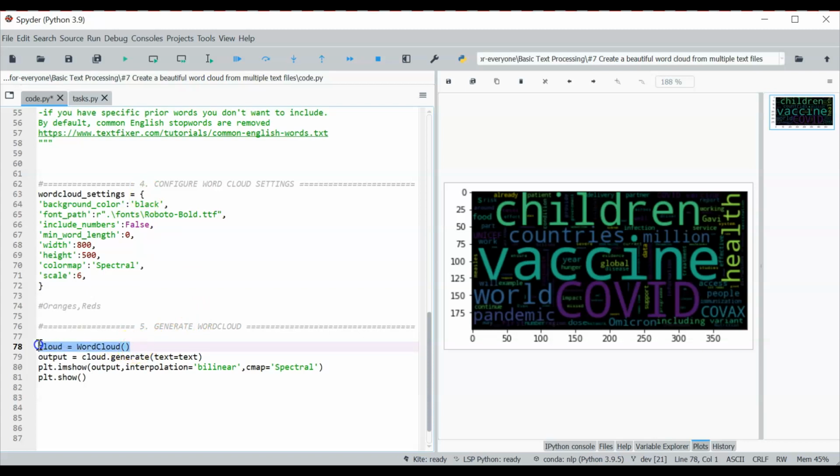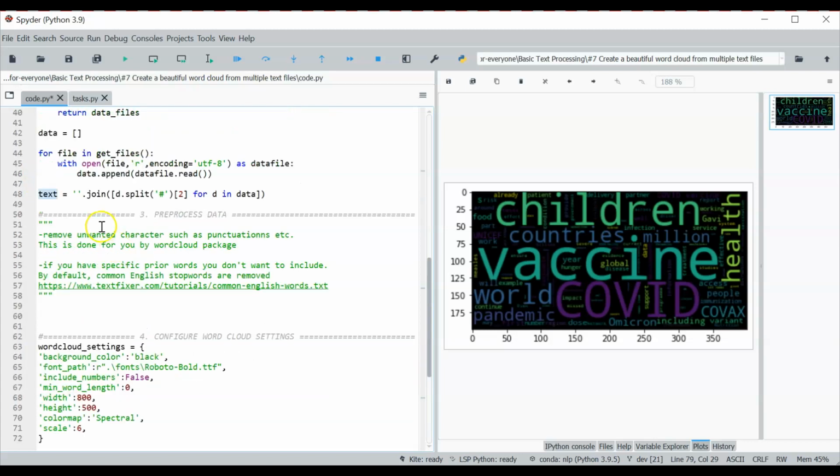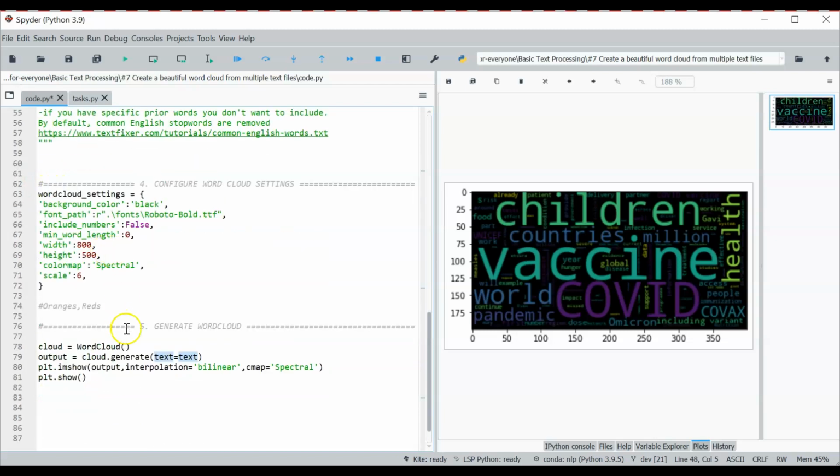So the first thing we did here was to create the word cloud class here, and then we can now apply an instance method generate using the text that we originally already created here. And so with that out of the way, we have this output variable containing the word cloud that has been generated. Now it has to be visualized. Okay, so this is where all the computations are done for us to get the numbers that are used to generate the image here. And so now we go ahead and use Matplotlib, the pyplot module in Matplotlib,